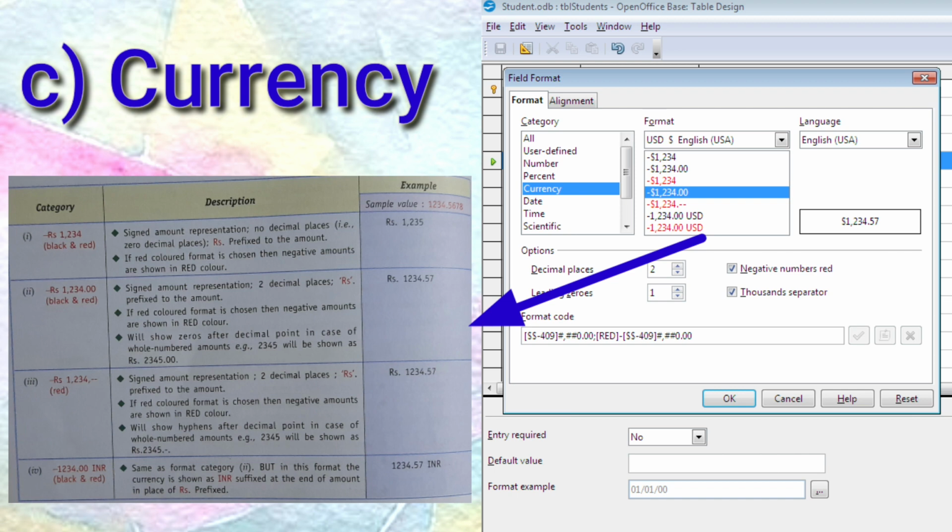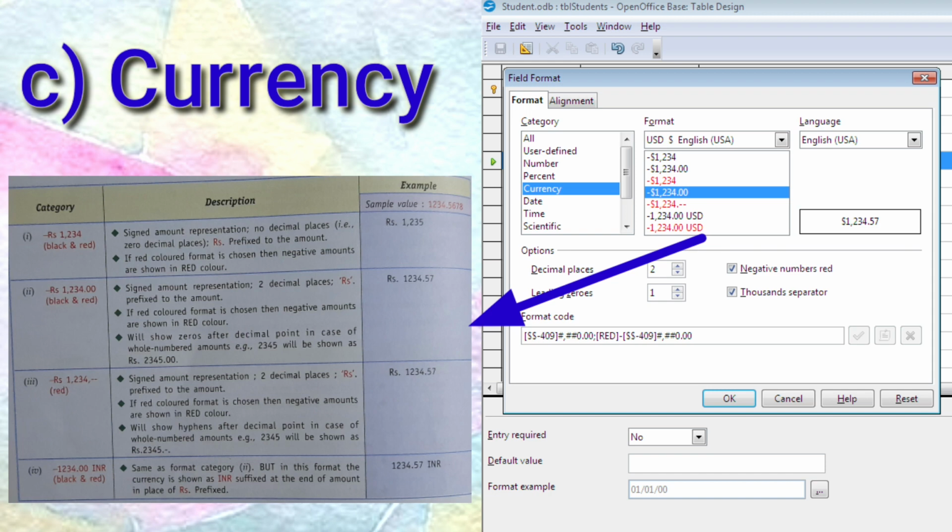In both these cases, Rs would be prefixed. If we choose minus Rs 1234, it means the signed amount would be represented with two decimal places. But if any whole number amount is entered, in place of decimals, it would show two hyphens after the decimal point.